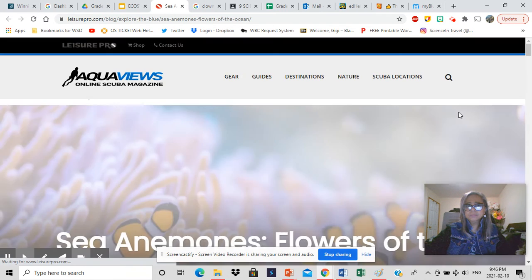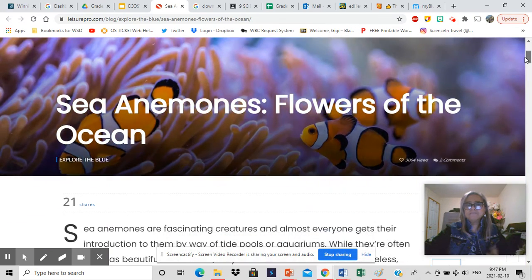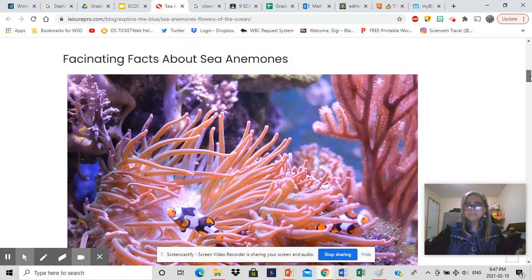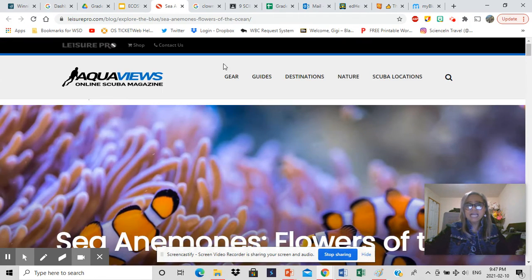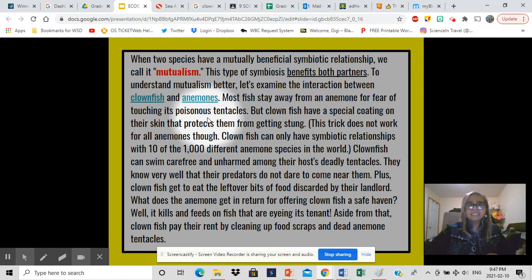Anemones would be these flowers of the ocean, as they are sometimes called, and you get to see the anemone threading through the sea anemones. So most fish, it says here, stay away from an anemone for fear of touching its